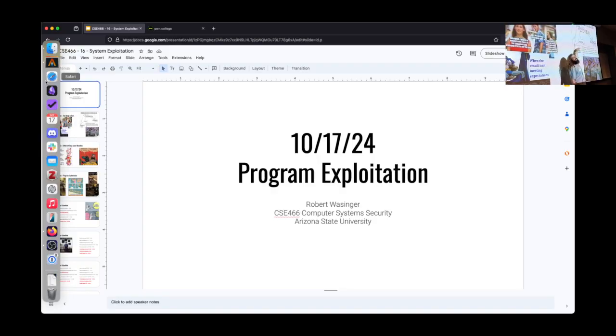This one here made me think of a different module that historically has been taught in CSE 598, where we specifically try and look at exactly this. If I'm given a heap arbitrary read, how do I turn that into a stack leak? Or how do I turn that into a libc leak?